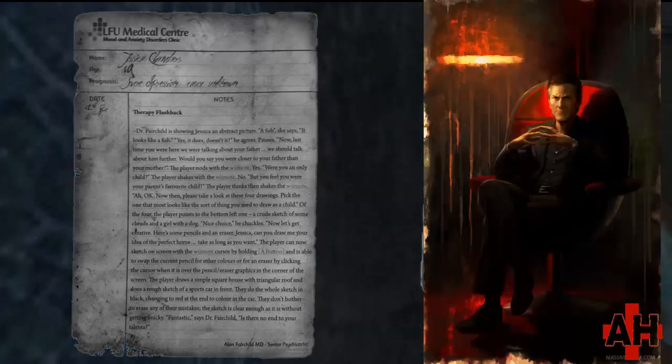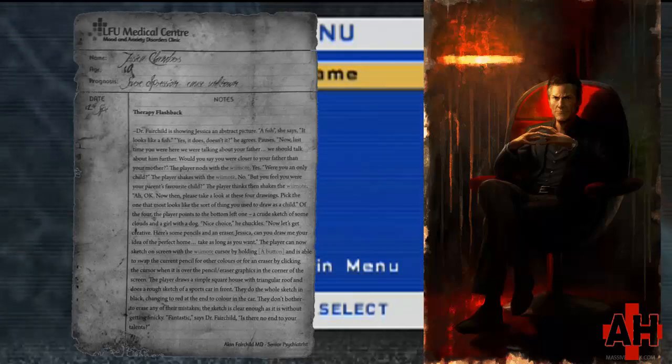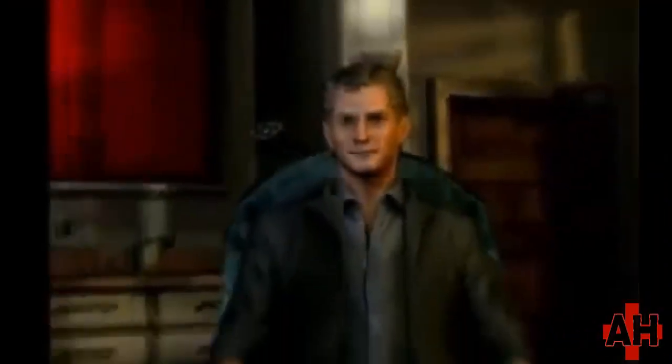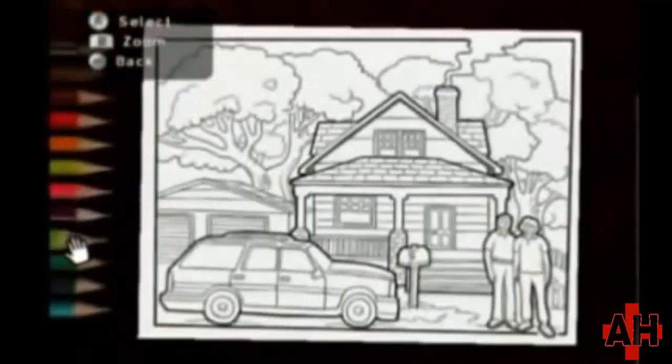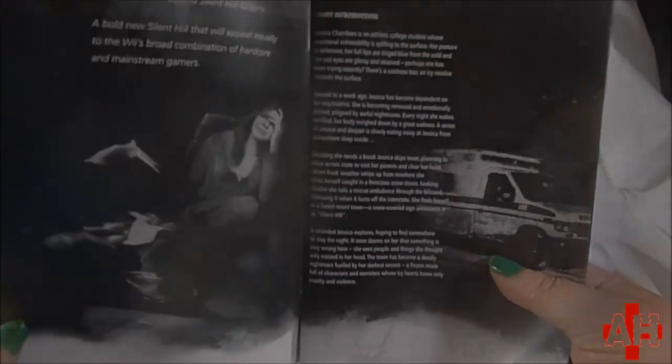Jessica talks to Dr. Fairchild rather than Dr. Kaufman, but some of the sessions seem to have similar content. Dr. Kaufman makes us color in a picture of a couple in front of a house. Dr. Fairchild would have asked the player to draw a house using the Wiimote. The colors used and time taken, as well as if you use an eraser or not, would have contributed to